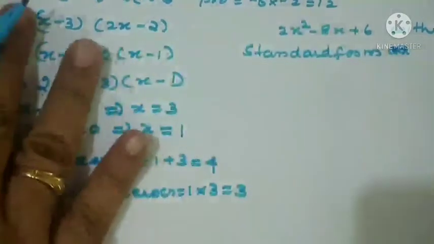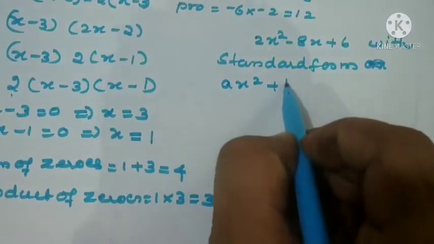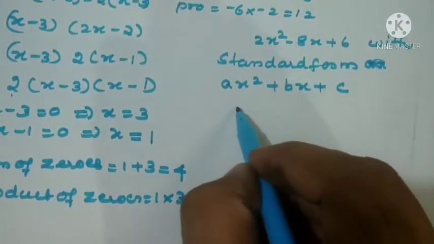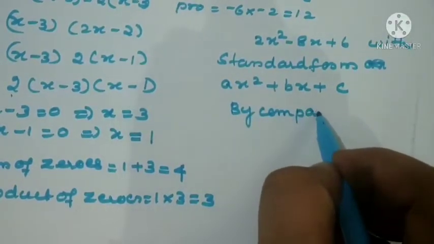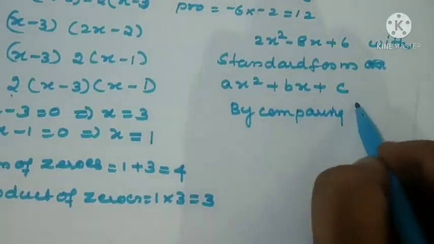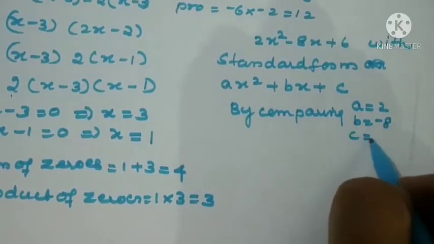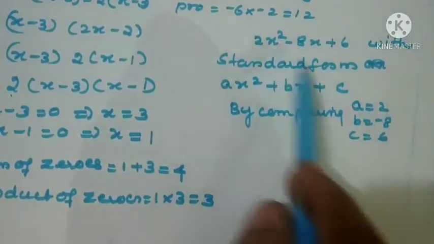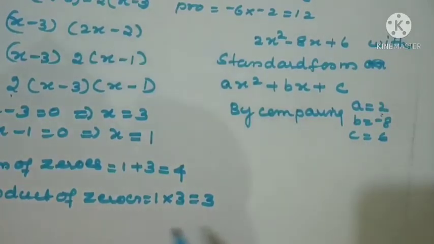Standard form, which is ax square plus bx plus c. So what is in place of a? By comparing, we can write a equal to 2, b equal to minus 8 and c equal to 6. Or we can say the coefficient of x square is 2, the coefficient of x is minus 8 and the constant is 6 only. So we will write here